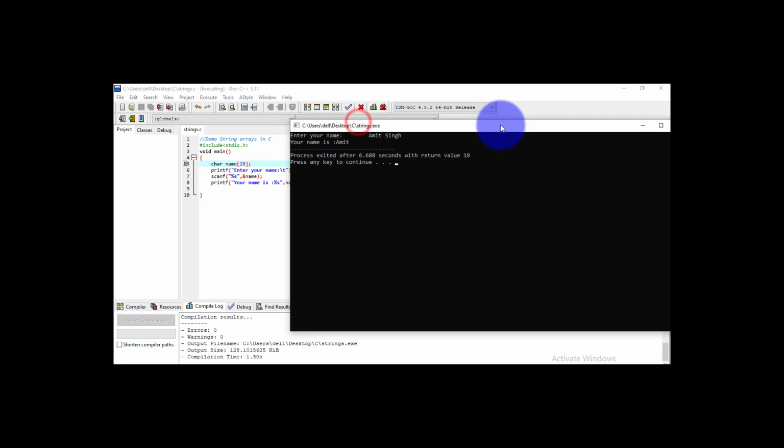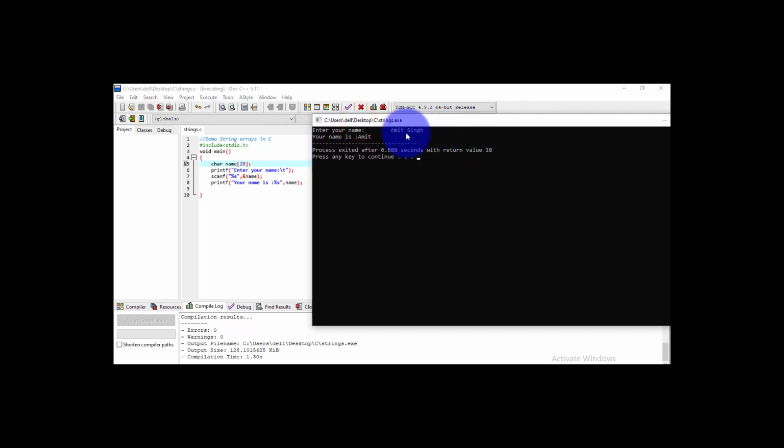It is just because as soon as we use a space between them, it will consider it to be a null character. So when it reads the null character, it will read up to only Amit, and after that it will consider that there is a null character and the string is terminated over there.